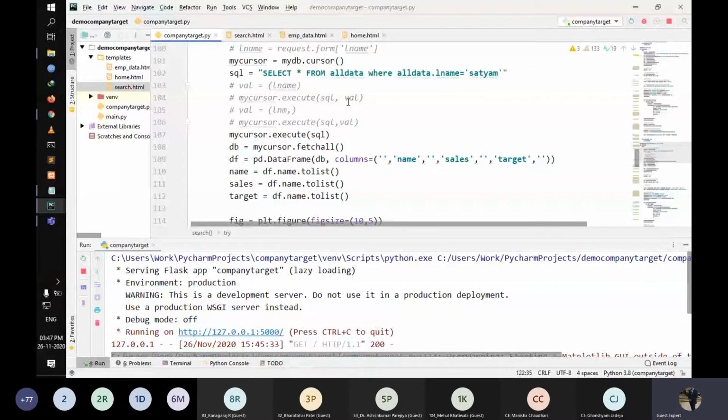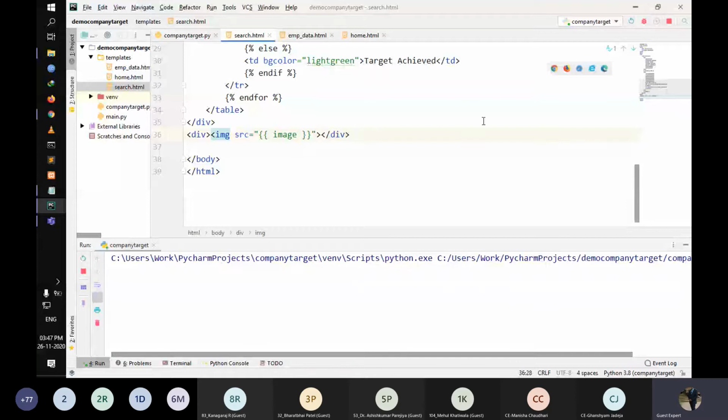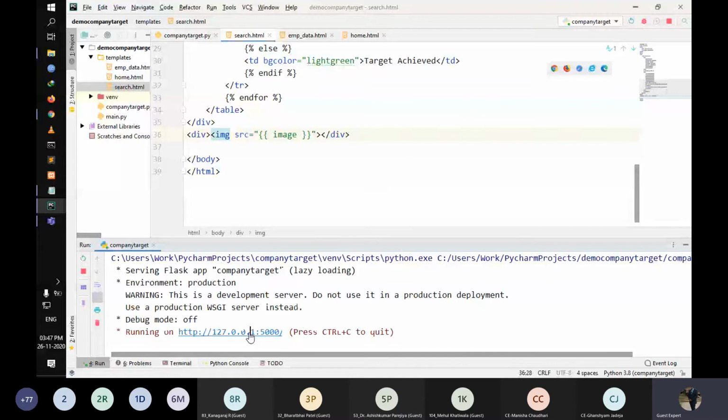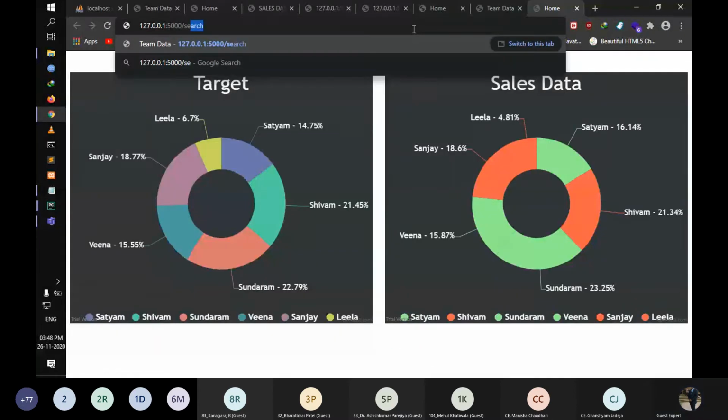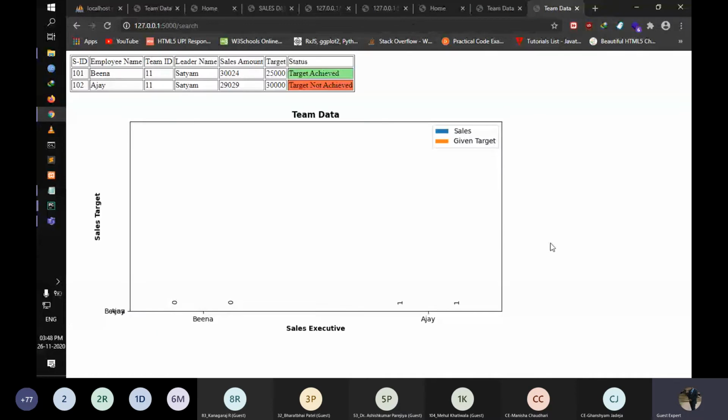Let me just give a reference here. Which would be, it's literally the same code.